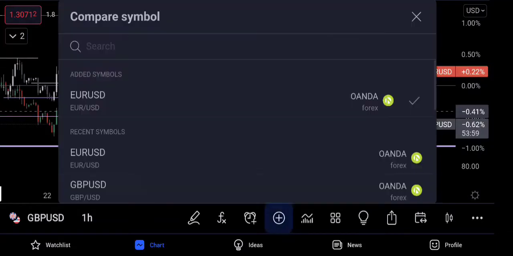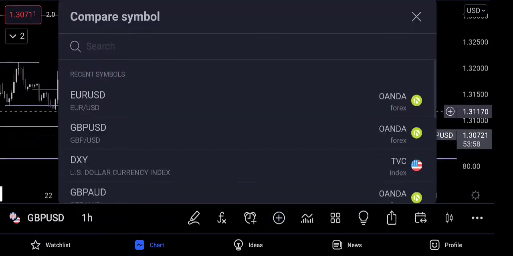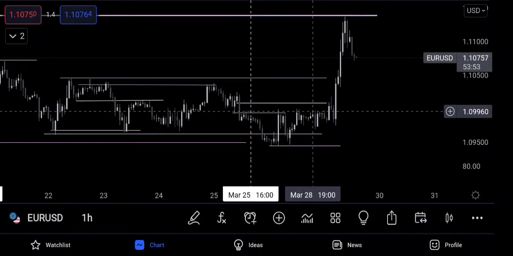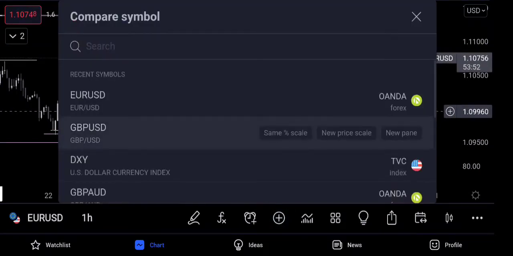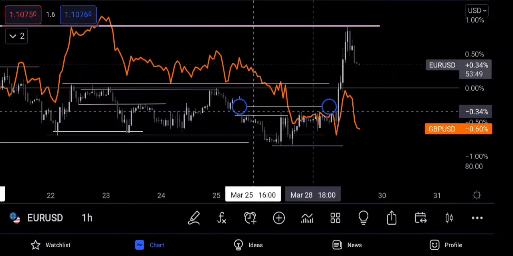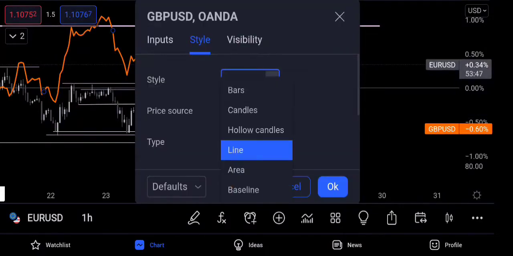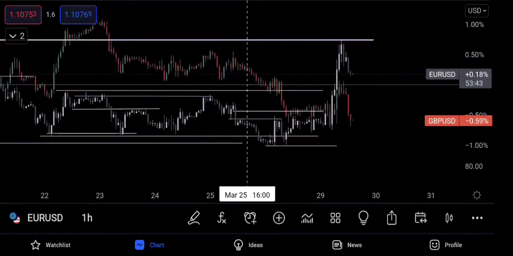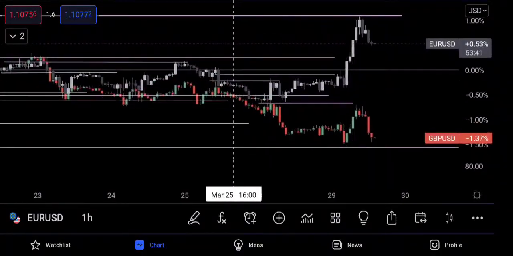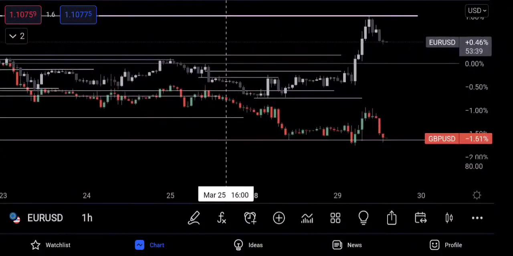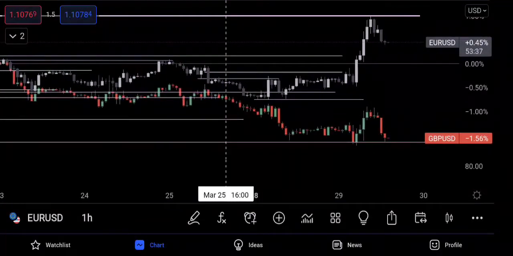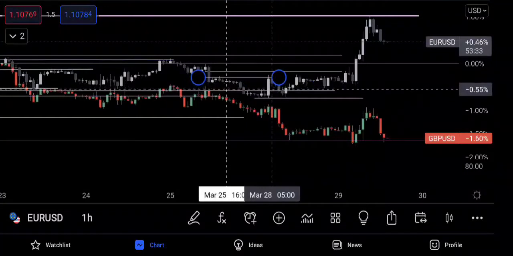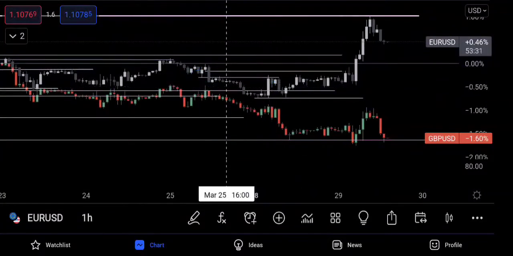Let's take this off, and then let's break it up on this. So when you look at it from this perspective right here, when price